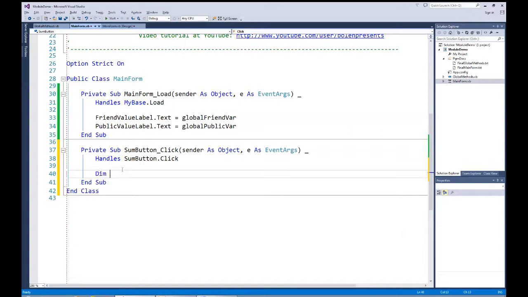So I'm going to do a Dim, I'm going to say first value as double, and this will allow me to have numbers with decimal points, and I'm going to do a quick convert to double and bring in the text box, my first text box, and bring in its text property